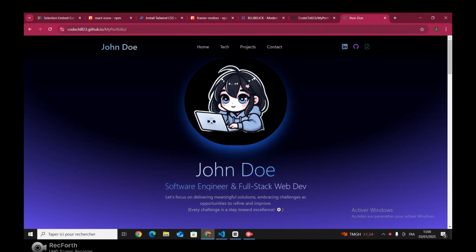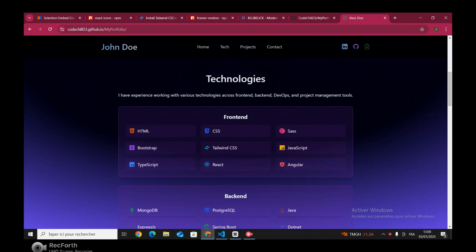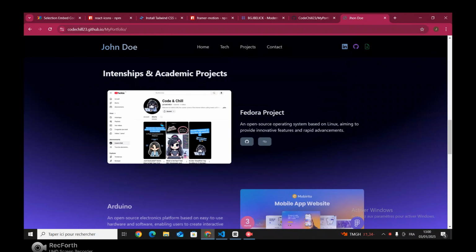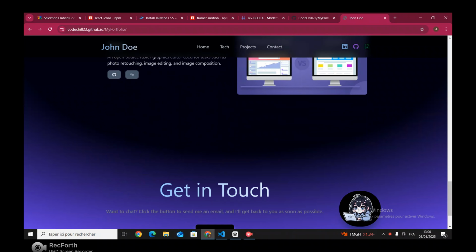That's it for today. We've successfully built our portfolio using React, Vite, and Tailwind CSS, and then we deployed it